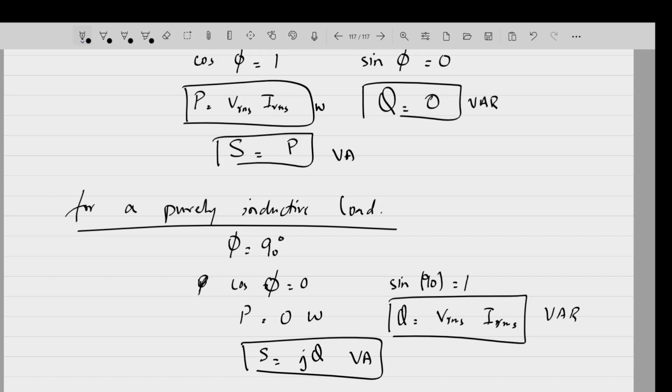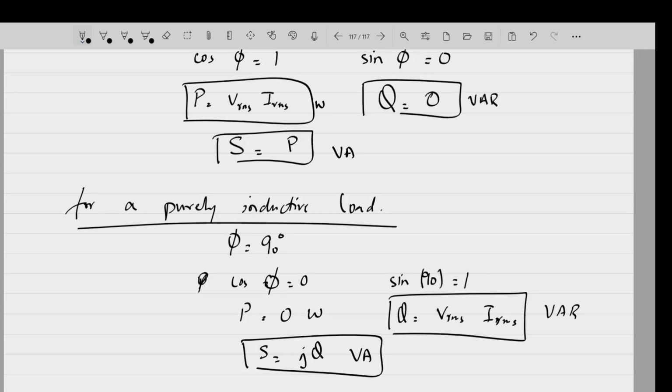This is for a purely inductive load, and for a purely capacitive load, खाली difference जो है, आपकी एक ही difference आएगी, there is only one difference. phi आपका -90 है, तो जो साइन ऑफ -90 होगा वो -1 होगा, क्यों? आपका माइनस VRMS IRMS है, ठीक है। उस टाइम पे VAR, पावर P तो इस टाइम पे भी 0 वॉट्स ही है, और S इक्वल टू माइनस jQ।